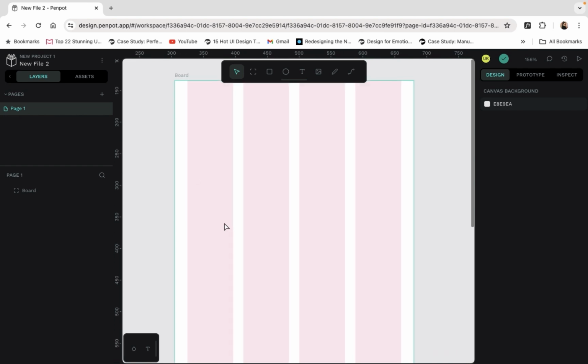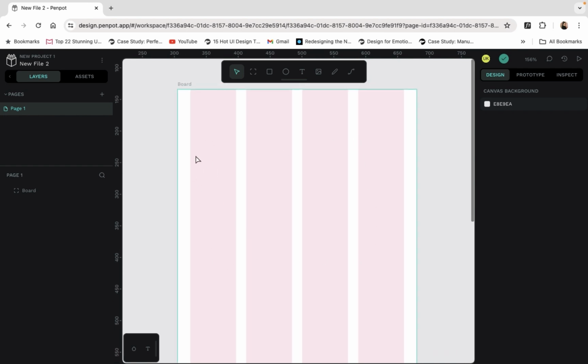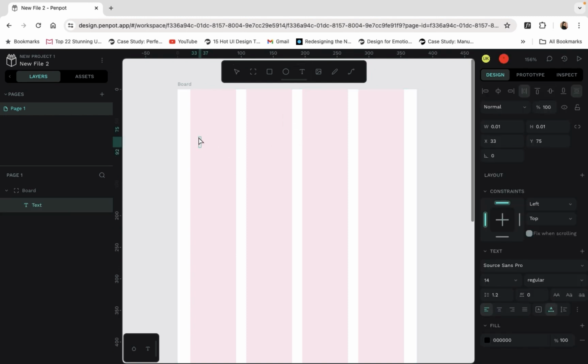Now I'm going to place an image here, or I will just type something here. So let's type something like, buy books at the lowest prices. You can also change the constraints, like where you want to align your text or your elements.